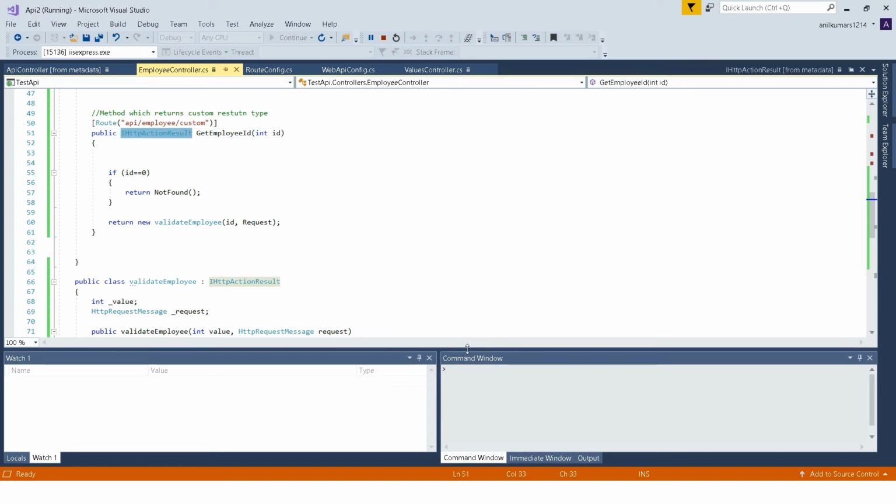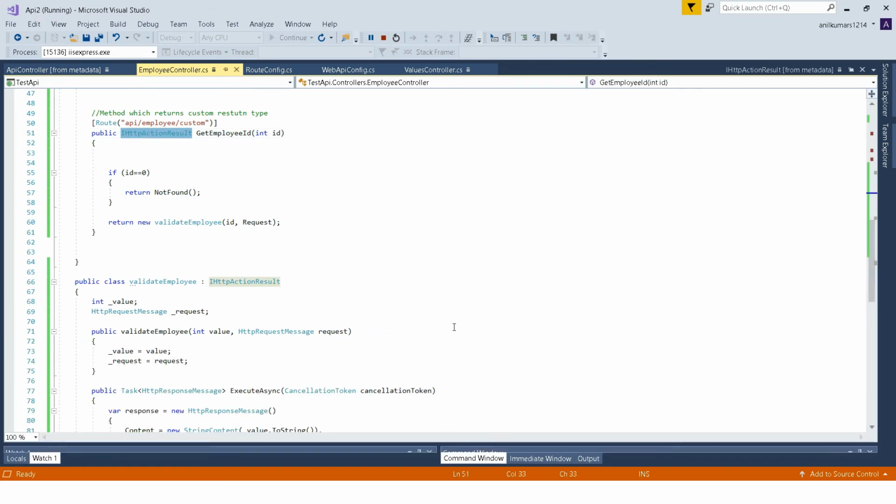Just take a look again. When I call this, you can see I am returning my own class, which is implementing IHttpActionResult.